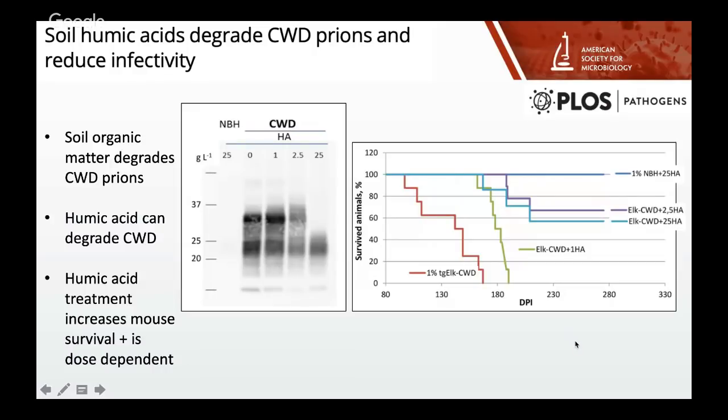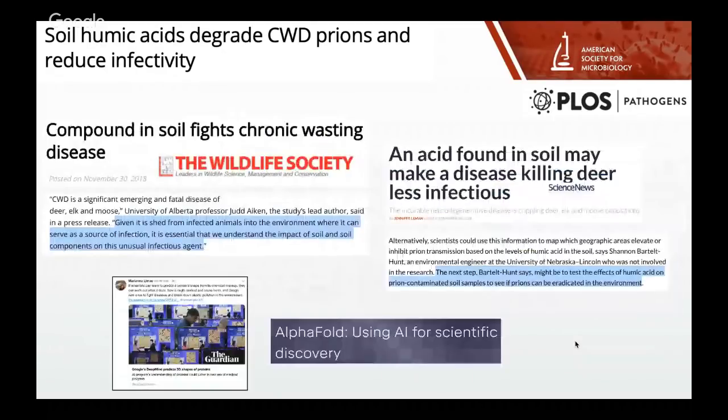So this is a really big deal because those proteins, as I mentioned, are extremely stable, and this immediately brings to mind ways that we might be able to treat different ecosystems to protect our wildlife. In fact, this was highlighted by the Wildlife Society, a group that is interested in conservation, where the lead author was quoted as saying, given that the prion is shed from infected animals into the environment where it can serve